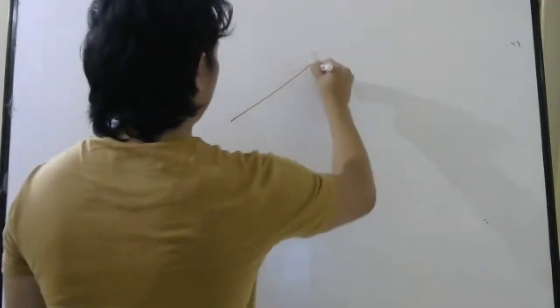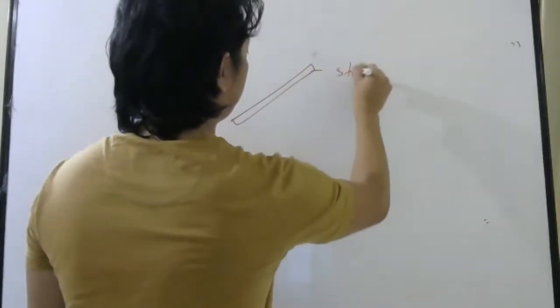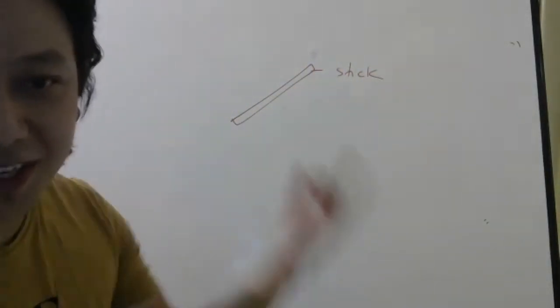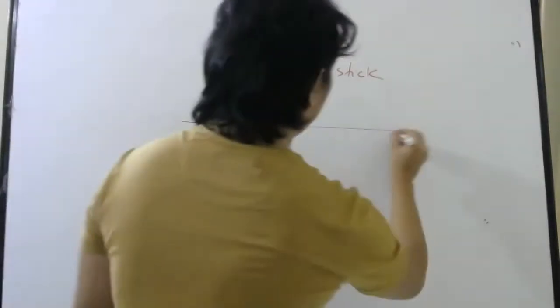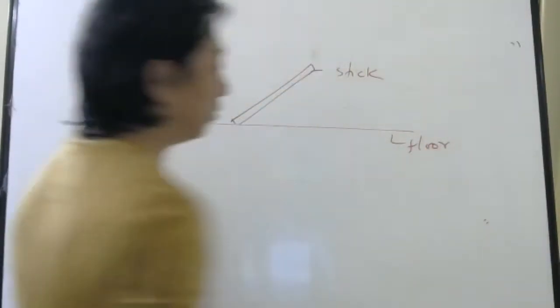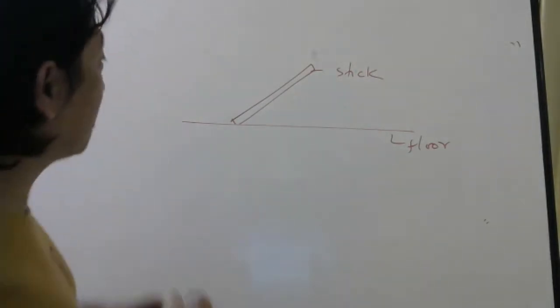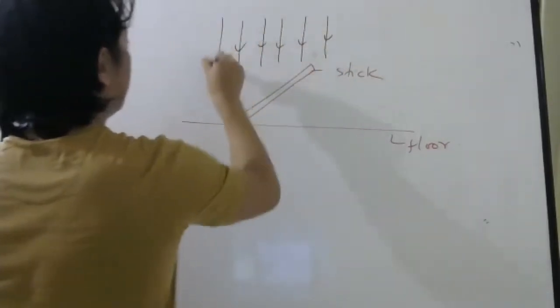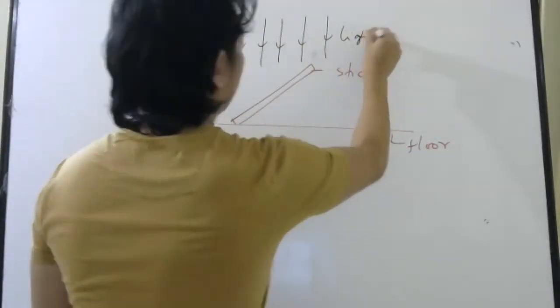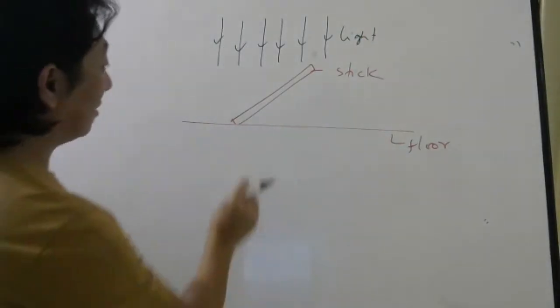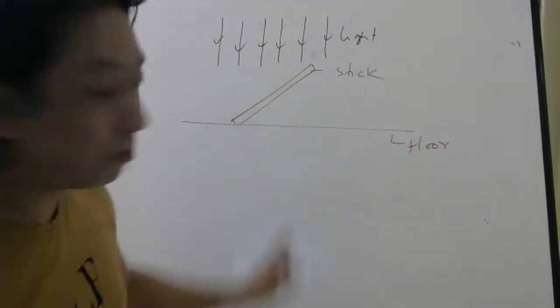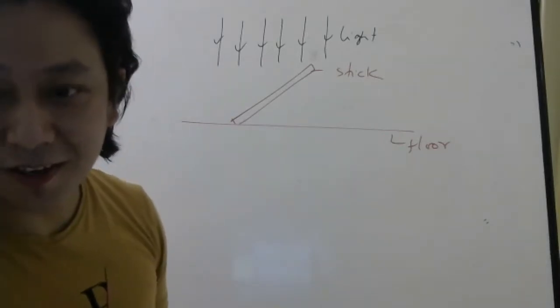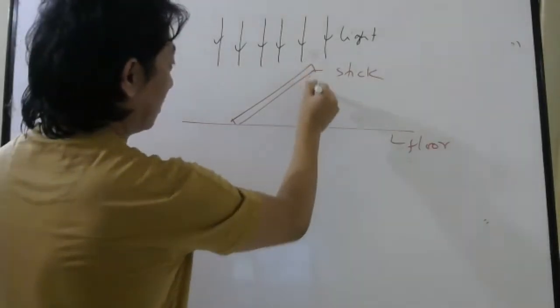But now when I think what he was trying to do was, see, if you take a stick like this, okay, try to understand this, very interesting. And this is the floor, okay. And if you shine light from here like this, then there will be a shadow, yes? Yes or no? There will be a shadow here. Agree or not? The shadow will be how much? This much.